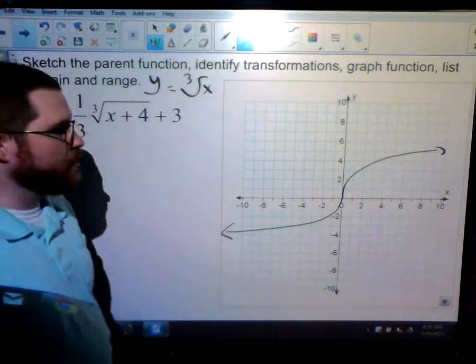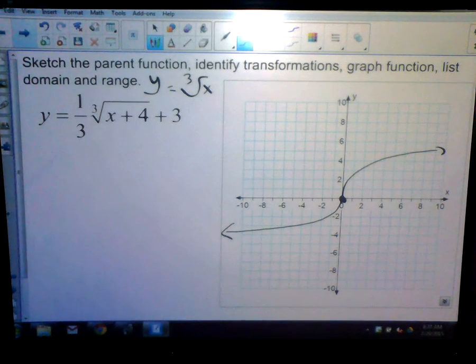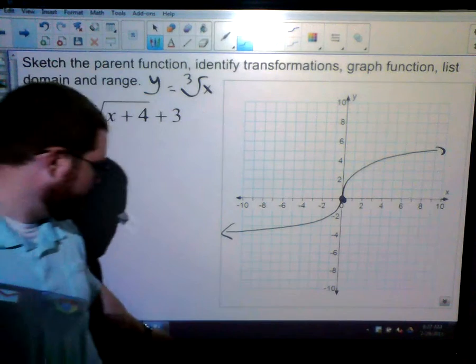Kind of like a sideways cubic. The big thing is it goes through 0, 0. Not an exact graph, but a sketch of the graph. Now let's list the